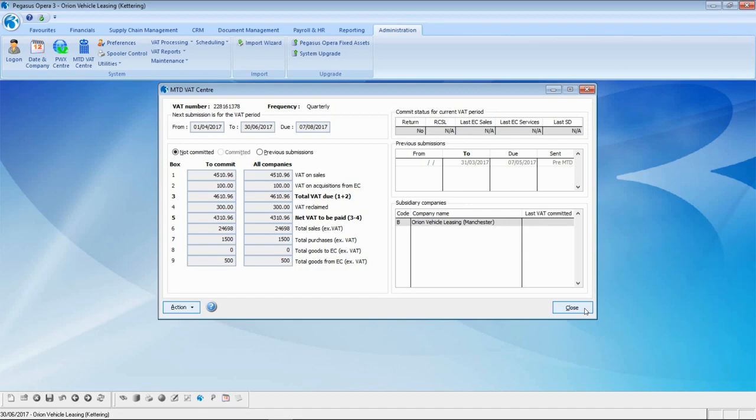I had a question from a partner whereby a customer had an Opera 3 company and a second company that was using a different accounting system, but both were under the same VAT registration number. So they needed to send one VAT return covering both companies. How could this be achieved? What they are actually asking for is for Opera 3 to act as a bridging software between this third-party product